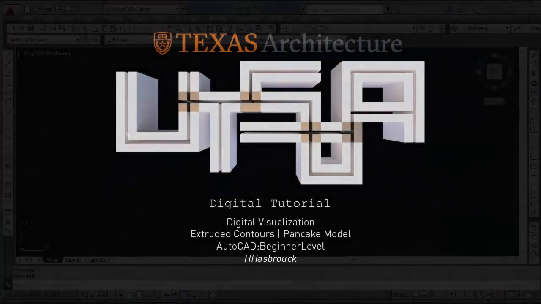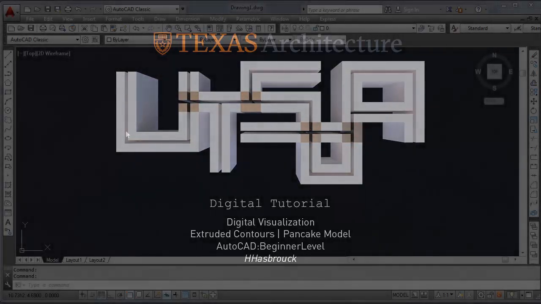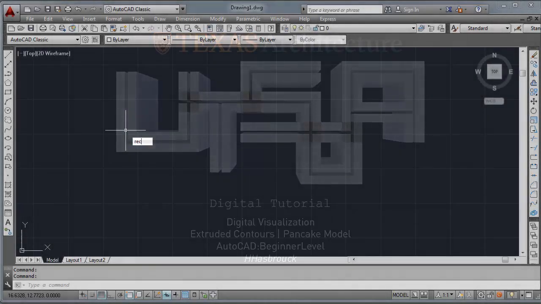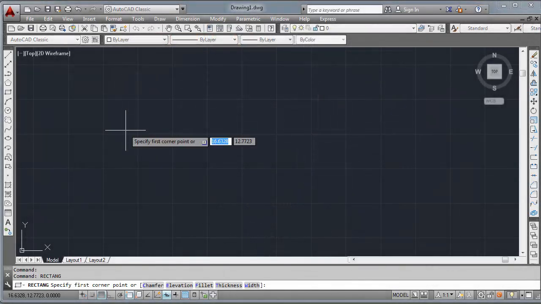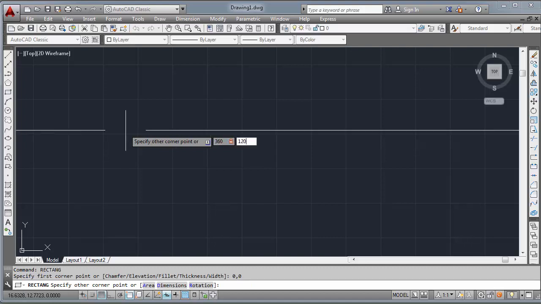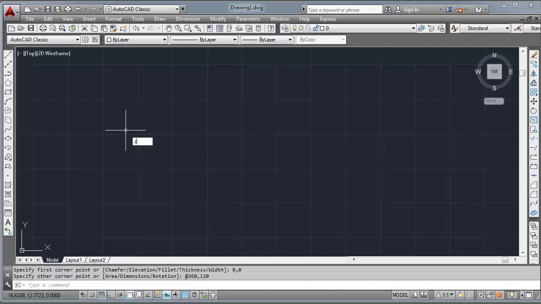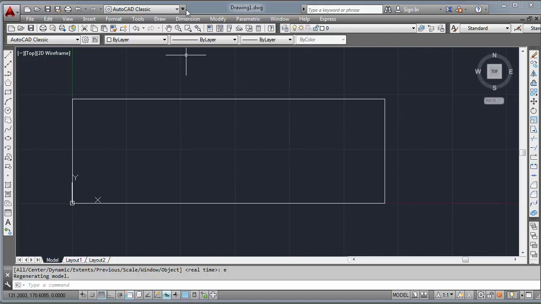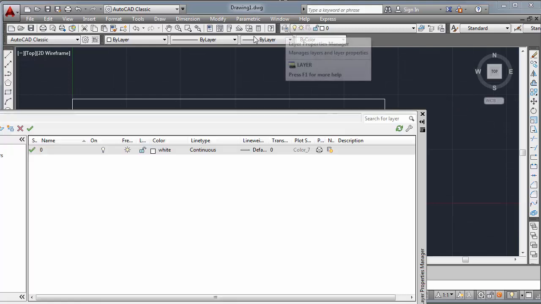This tutorial in AutoCAD is about creating a series of closed polylines extruding to make solids, which can represent a pancake model, or what I refer to as a pancake. So we're making the site boundary, which is 320 by 160. I type in the command rectang and the 0, the lower left corner and the upper right, zoom to extents,